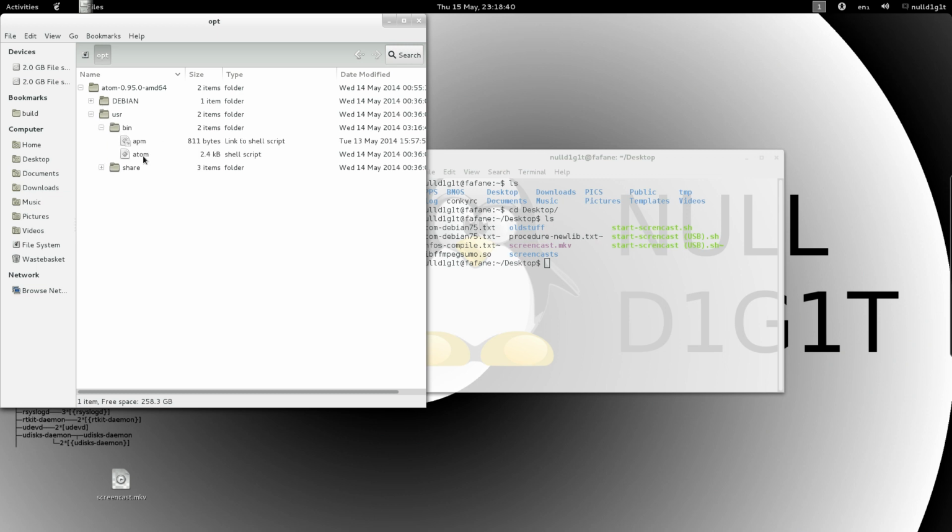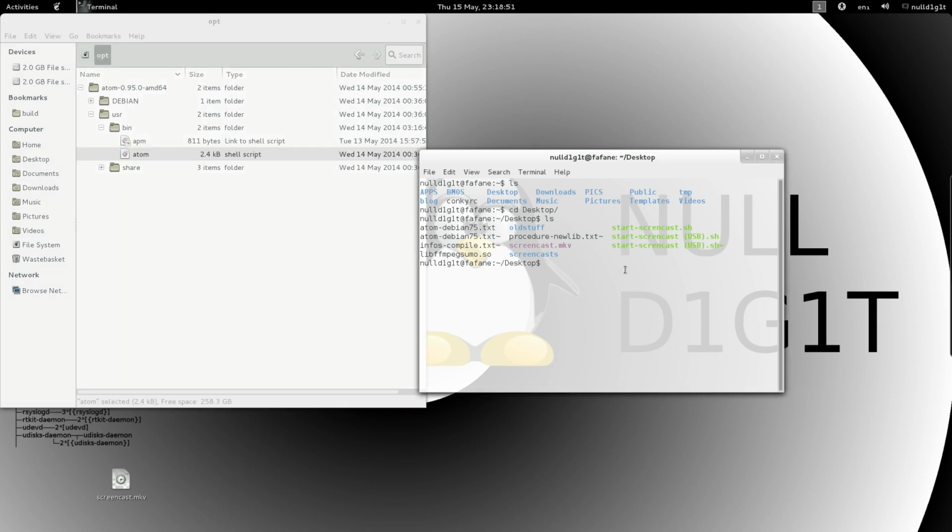And you can see that you have Atom in the user bin folder, so I made sure that this OPT Atom user bin Atom had a symbolic link on user bin or user local bin anyways,